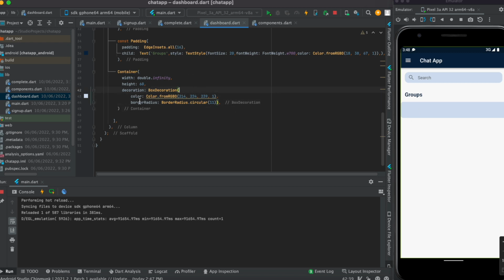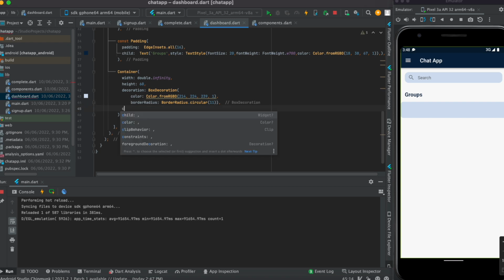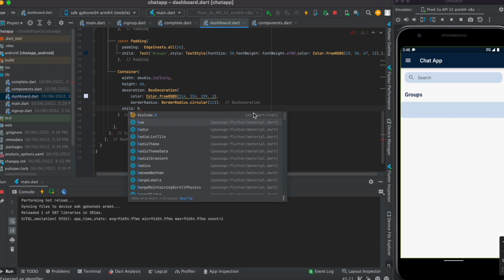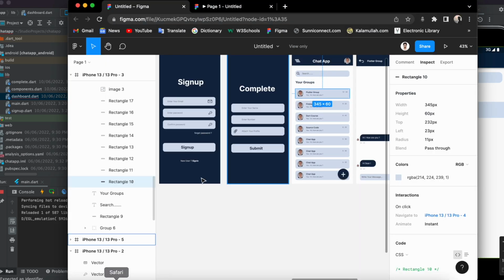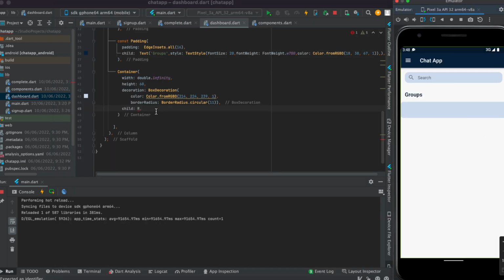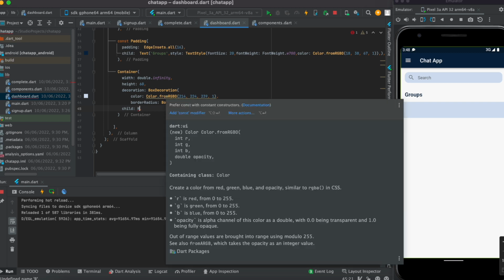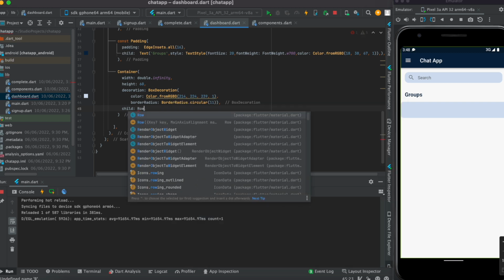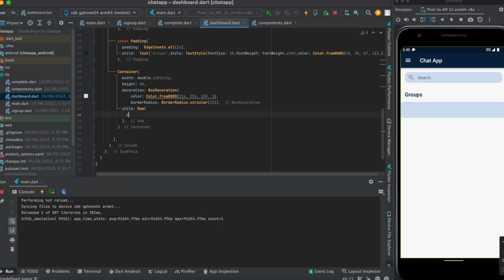So for that, outside this decoration, again write the child, and that will be row. You can see here in the UI the data is arranged in row. That means firstly this is the profile photo, and these texts are in that column. So for that, here write row, like this way, and here write children again,